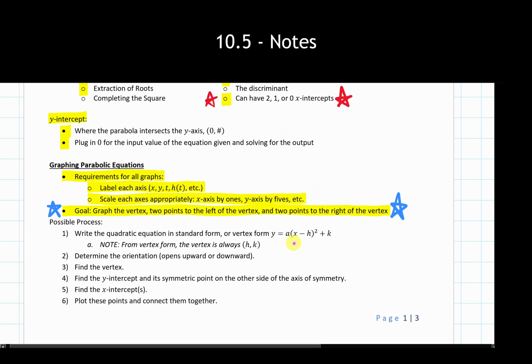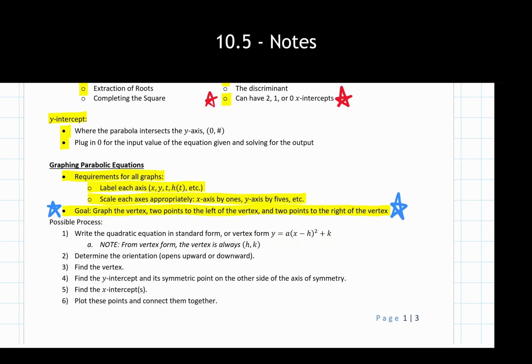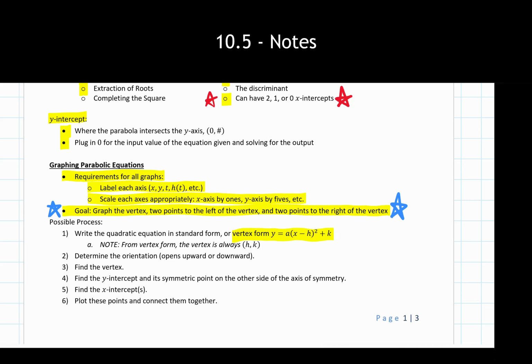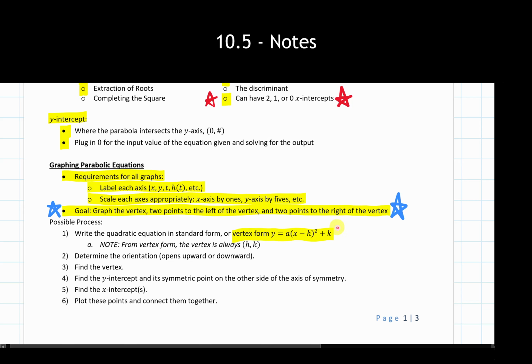If something's in vertex form, like we have right here, and if you don't have this written down, I would say making a note of this is very, very handy, because this is another very helpful form that we see quadratic equations in. If we're given something in this form, then the value inside the parentheses is my x value. The value at the very end here is my y value. And there I have my vertex.